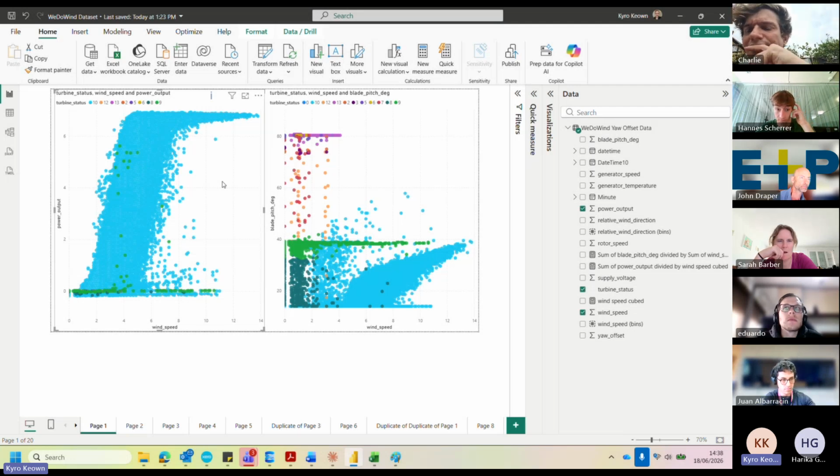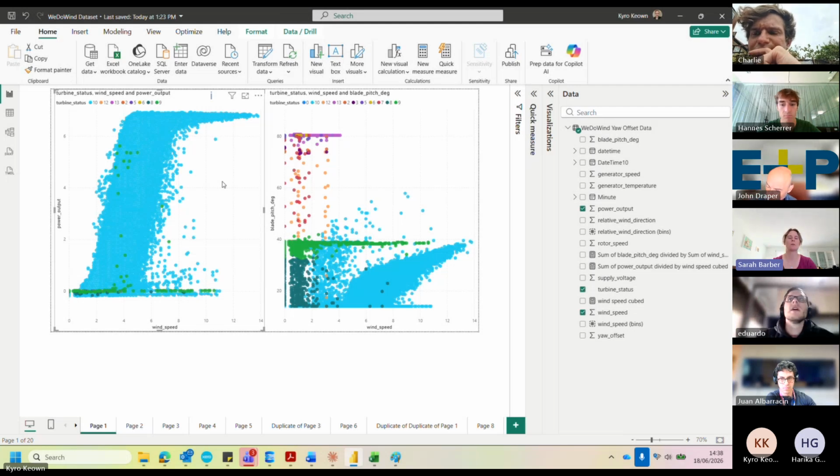Also, shadow flicker is usually a stop rather than a curtailment. So I'm not sure if you could confirm which it is. I don't know whether Hannes knows. Actually, for those turbine status codes, we have a published ontology describing what they are, so I should be able to find it.